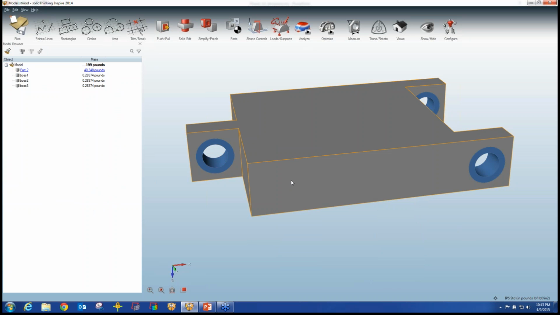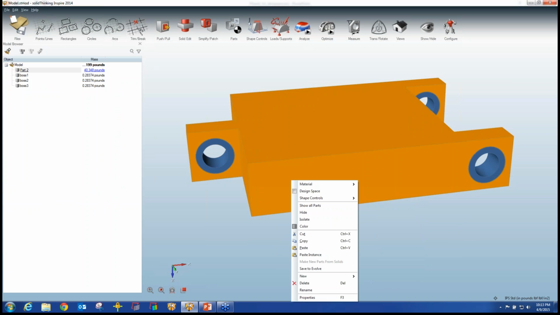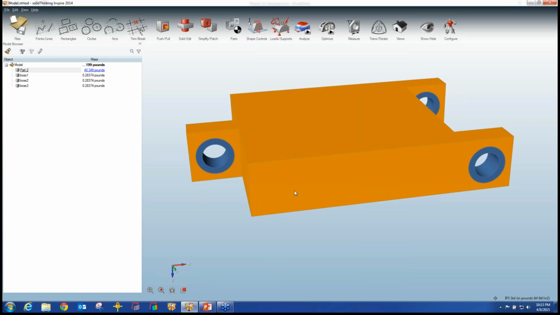So we really need to decide which component is going to be optimized, and that's again easily done using your context menu in the workspace. So I just right click on the component that I want optimized, where I want material to be removed and made stiffer. So I just right click,